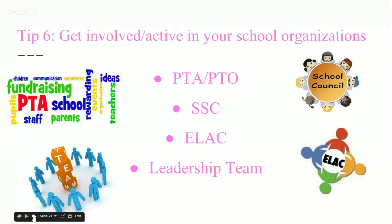And so SSC, School Site Council, is very important because they make the decisions for the school, and they're able to look at the school budget. I got on School Site Council the first year I got to Oak Park, and at that time there was money for the school library. There was the library block grant. So I'm looking over